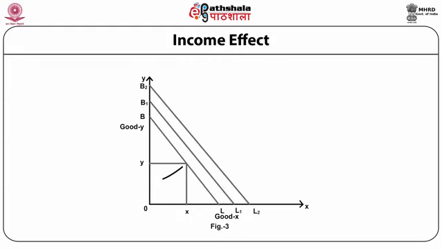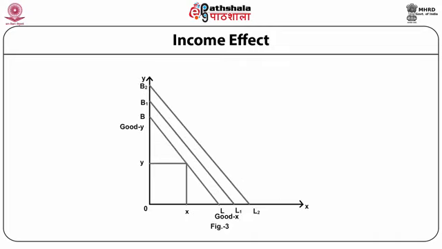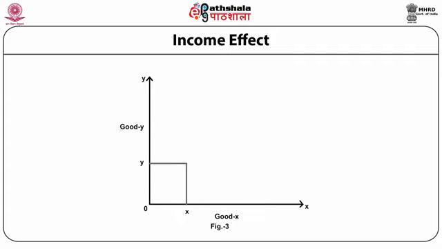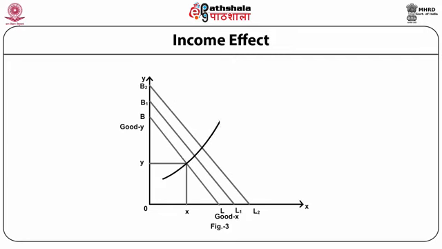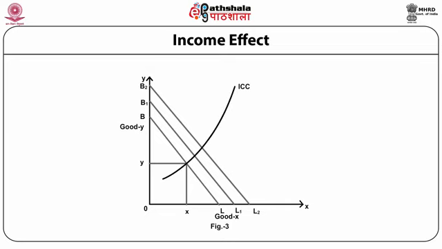Again, good X and good Y are plotted on the horizontal and vertical axis. Initially, U1 is the indifference curve and BL1 is the budget line. Consumer equilibrium is at point E1, where the two conditions of consumer equilibrium are attained. Here, the consumer consumes OX of good X and OY of good Y. Now, let the income of the consumer change. More specifically, let us assume that the income of the consumer increases, but all other factors remain the same. So what will happen? In this case, the budget line will shift upward to